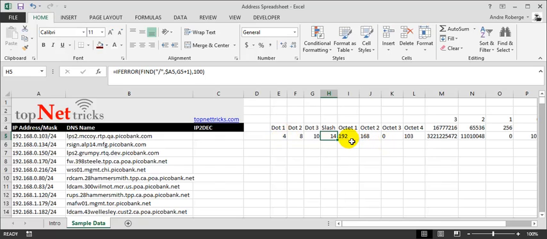Now what we really want to do is find the numbers between the dots. So these are octet 1, octet 2, 3, and 4. To find octet 1 we have to look between the beginning of the string and dot 4, and to find octet 2 we have to look between 4 and 8, and so on until we get